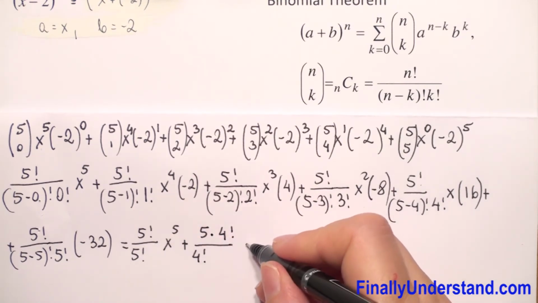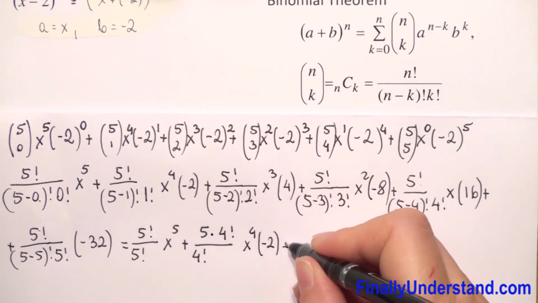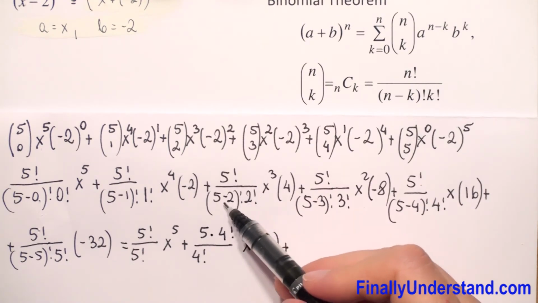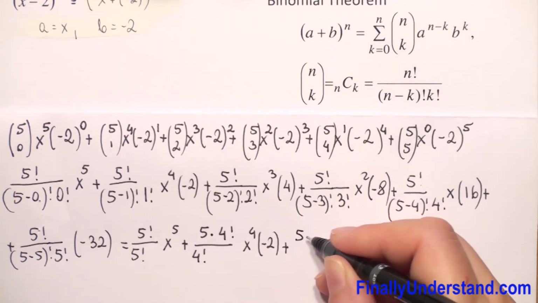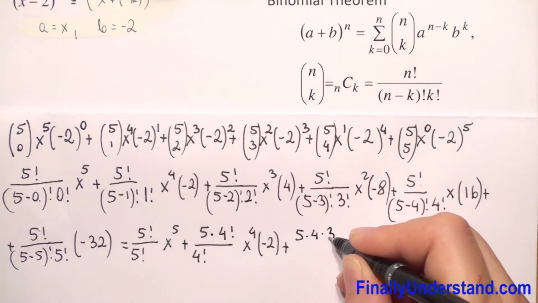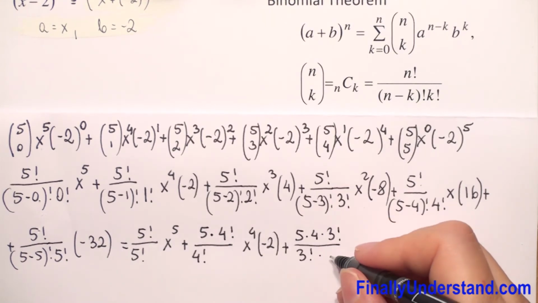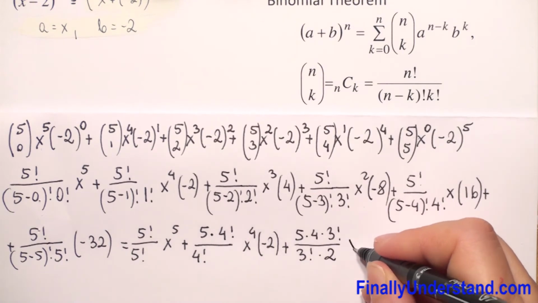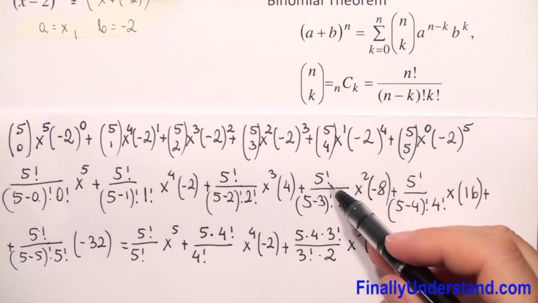And we have times x to the 4th power times negative 2, we copy, plus, and we have 5 factorial in the numerator, but because we have 5 minus 2, it will be 3 factorial, so I will rewrite 5 factorial as 5 times 4 times 3 factorial over 3 factorial times 2 factorial, so this is 2 times 1, so this is 2, times x cubed times 4 plus,